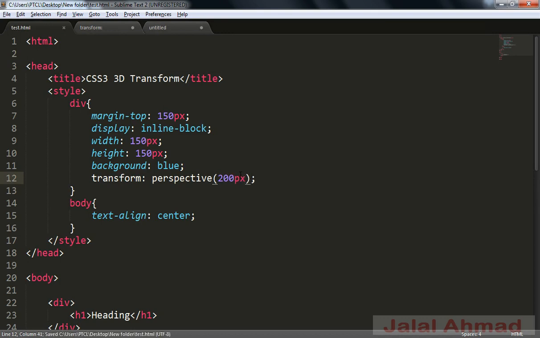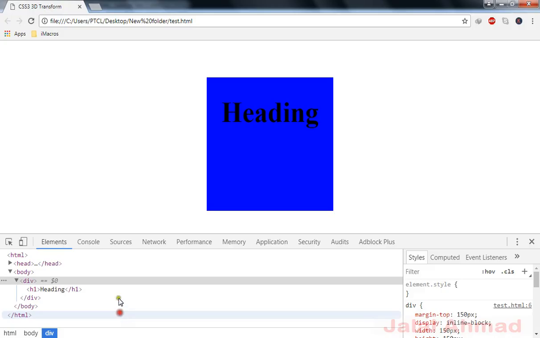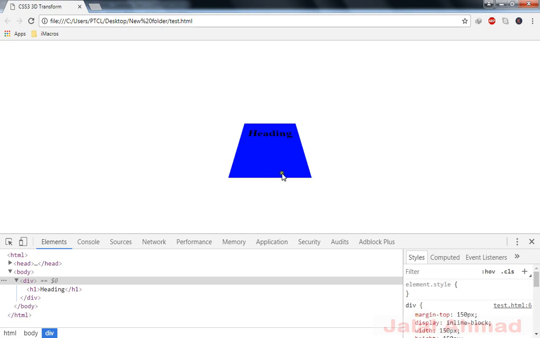Let me write 200 pixels, and along with this I will apply a 3D value, rotate X, and let me write 40 degrees. Let me refresh and you can see